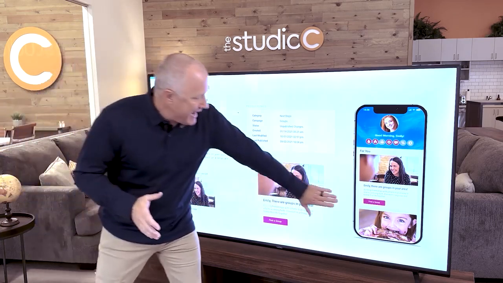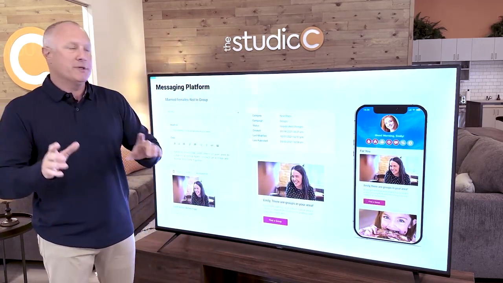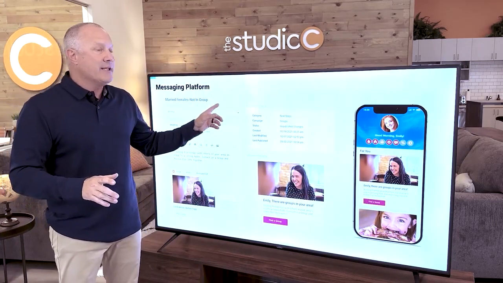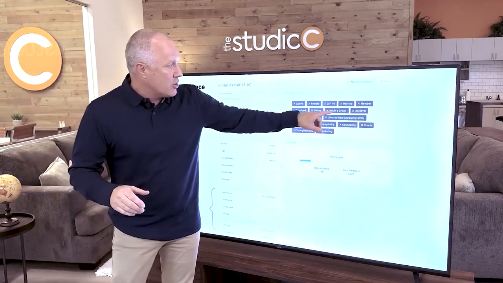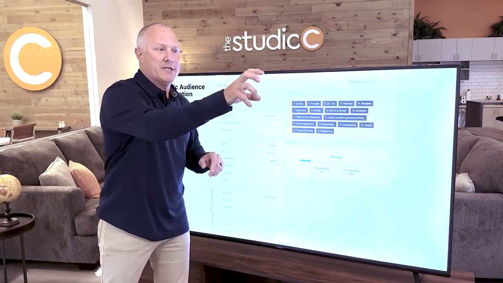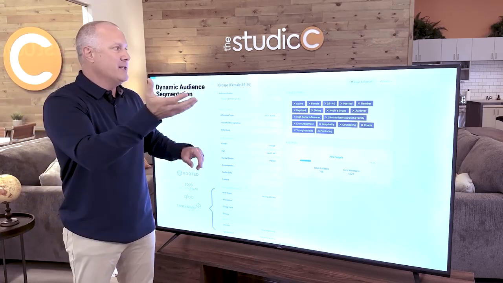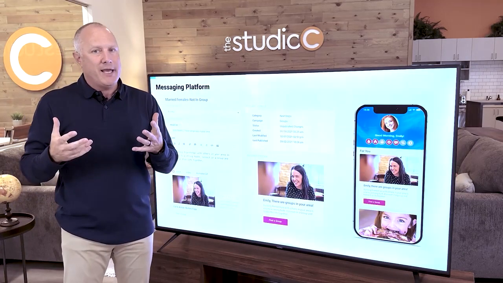This is not a static message. Right? So if Emily actually clicked this button called Find a Group and signed up for a group, she would instantly fall out of the segmented audience here called Not in a Group. So what would happen is the system would pull that message and spin the next one up. It's a great way to keep active.